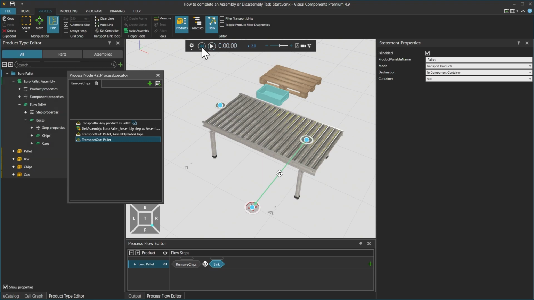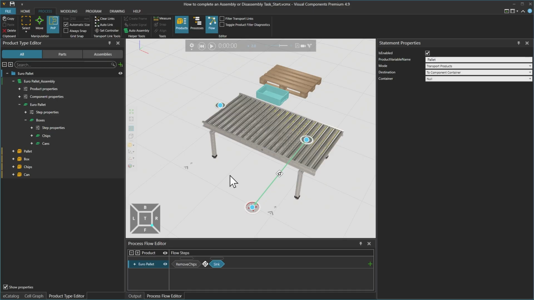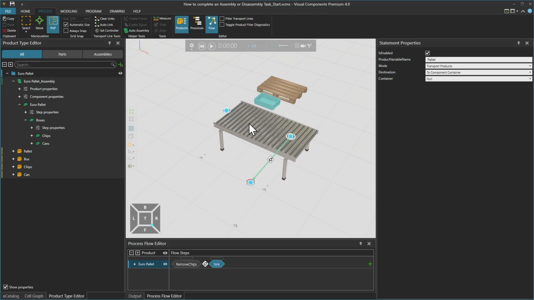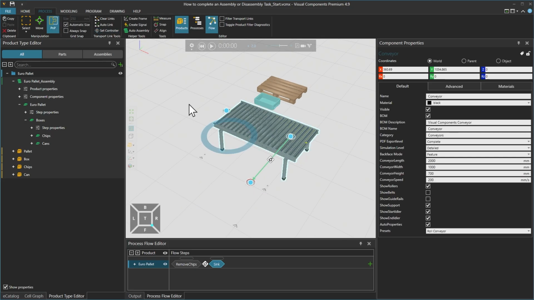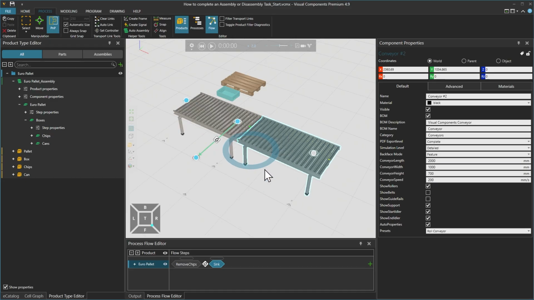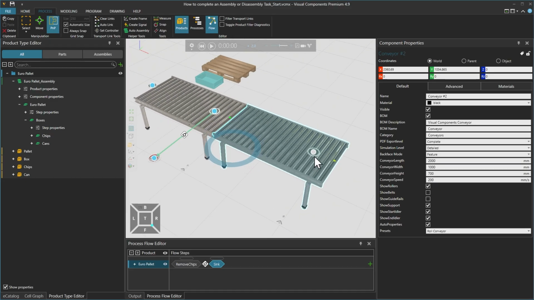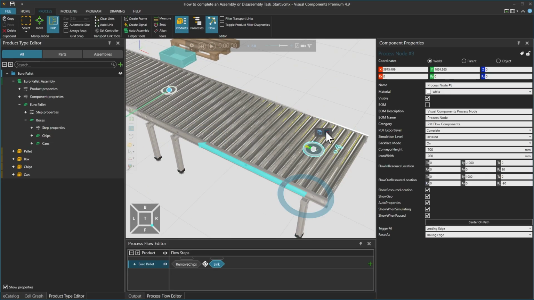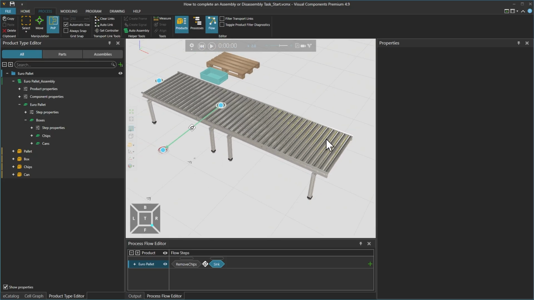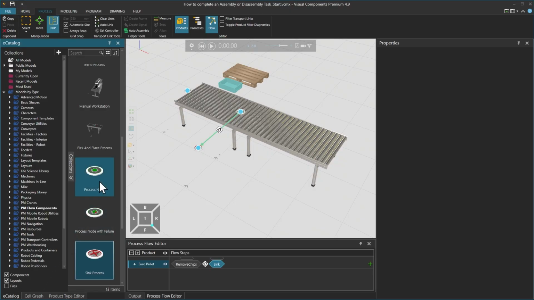Then resetting the simulation, now we can close the Remove Chips panel. In the next step, which will be on another conveyor, we want to add the cans. So then selecting the conveyor, using the PNP tool, we can clone it, and it's automatically attached to the first conveyor. Then delete the copy of the Remove Chips process, and from the eCatalog, add a new process node, and